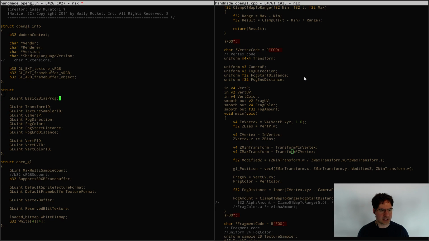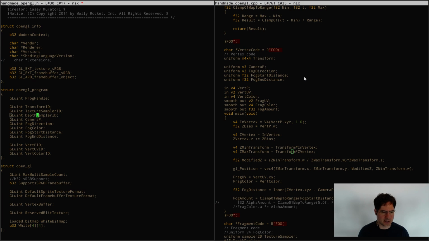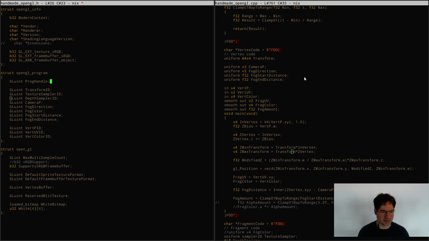So that then we can just say, okay, here's our OpenGL program, and it's got the program handle, and then it's got all this other stuff that we need to set in there, right? And in this case, we also have additional things we might want to set, which is like the depth sampler ID. But otherwise, it's pretty much the same in both cases. So then we could say, all right, we've got two OpenGL programs. We've got the z-bias pass 0 and z-bias pass 1, because it'd be the two passes, the first pass and the second pass. Or z-bias no depth peel and z-bias depth peel might be the better way to name them. Pass 0,